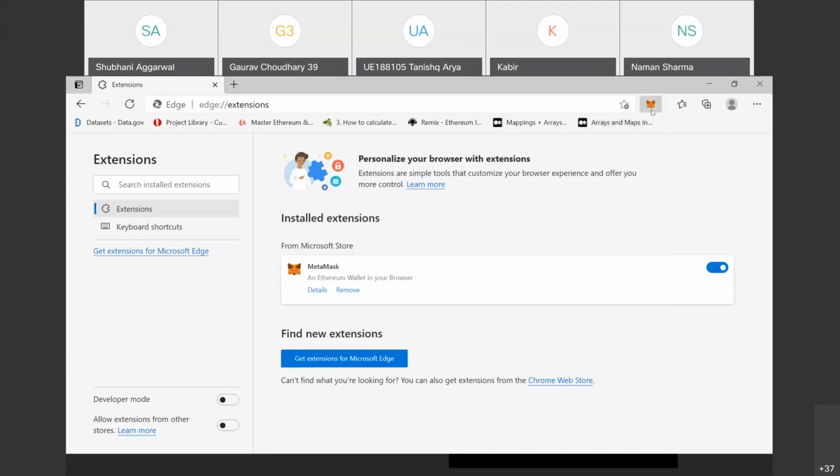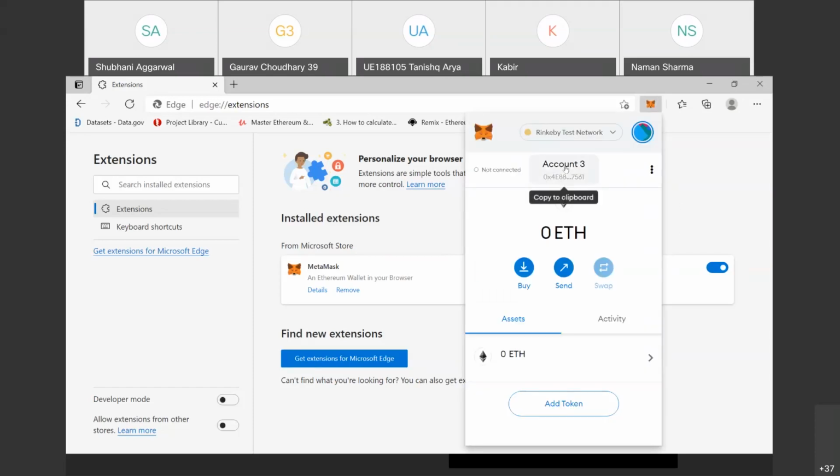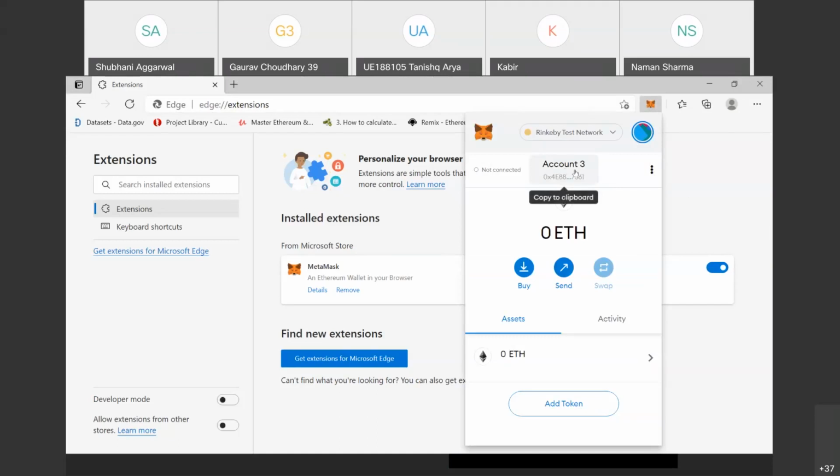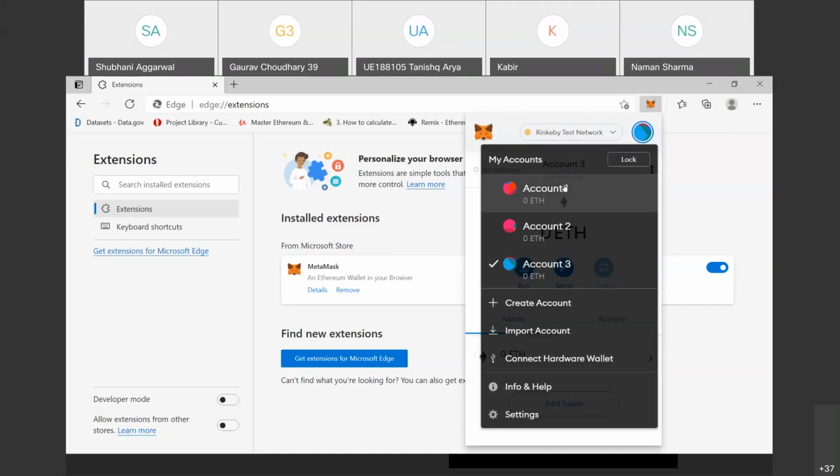If you want to see your account 1, you see the account details. So this is your account 1.